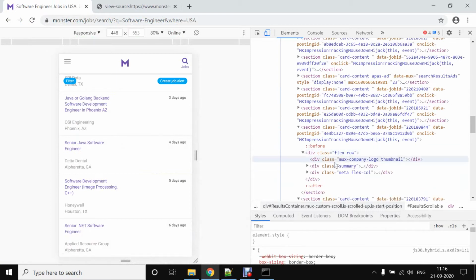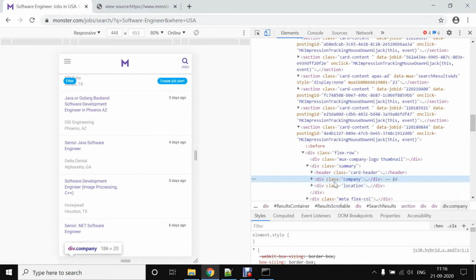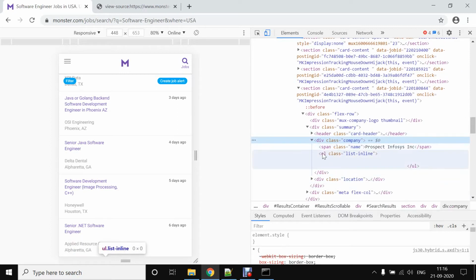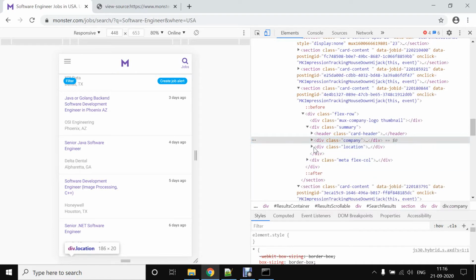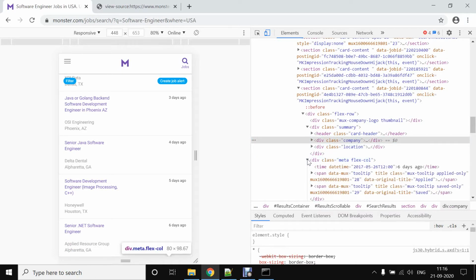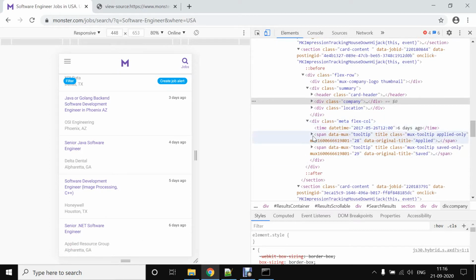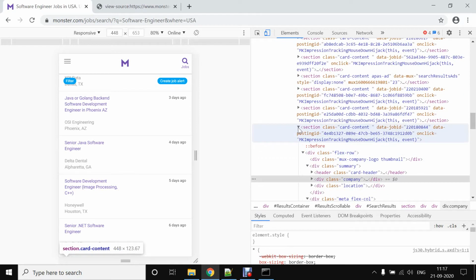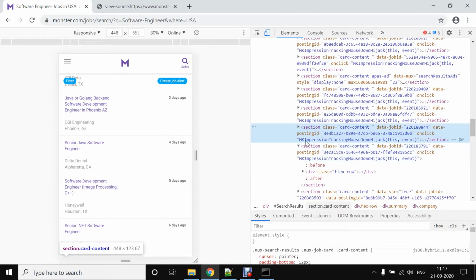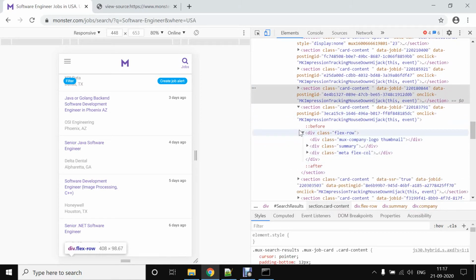In the summary we have the company name, that is Prospect Infosys Incorporation, and the location of that company. Various other parameters are there, like when it was posted, the apply link, and various other parts. You can also check the link part above. So this is all about the data. You just need to explore with HTML.